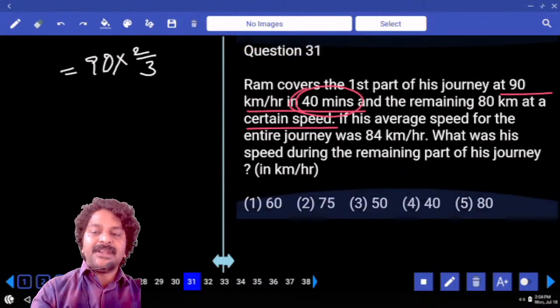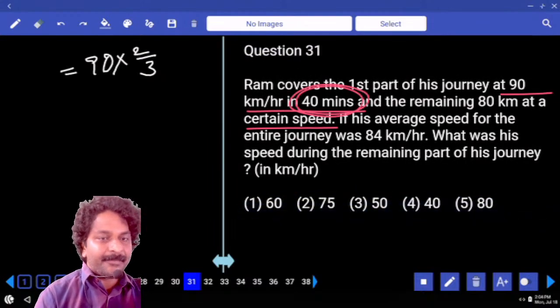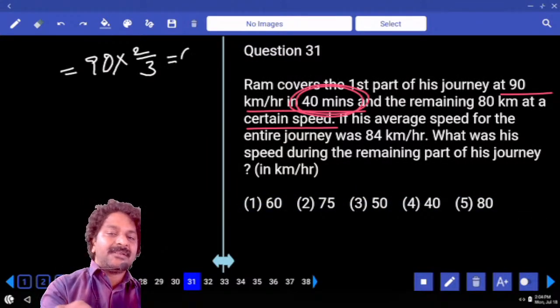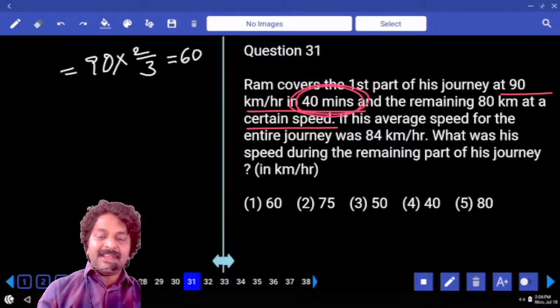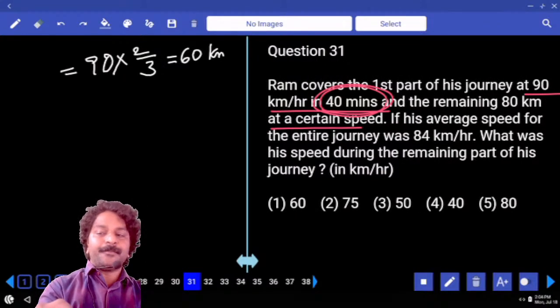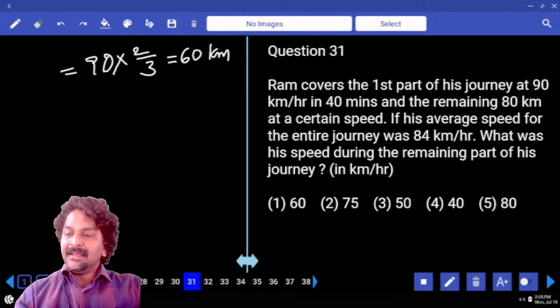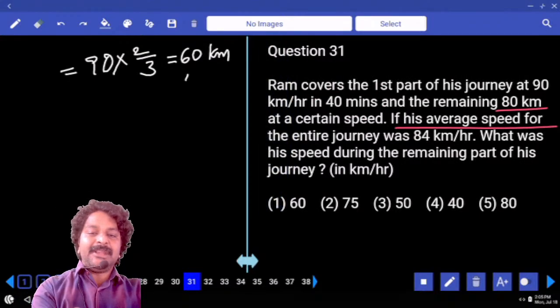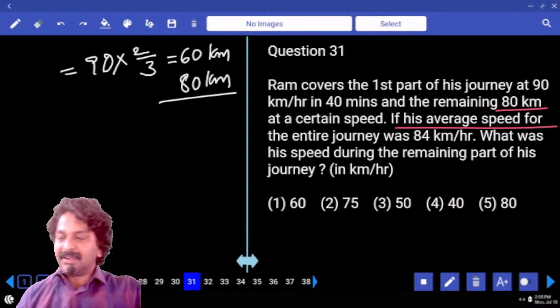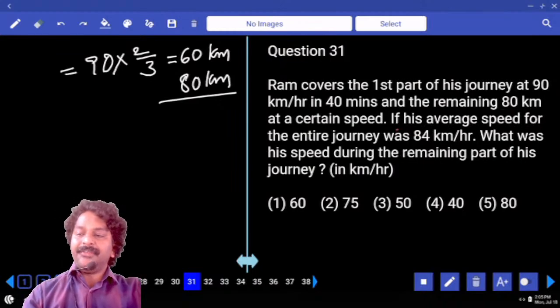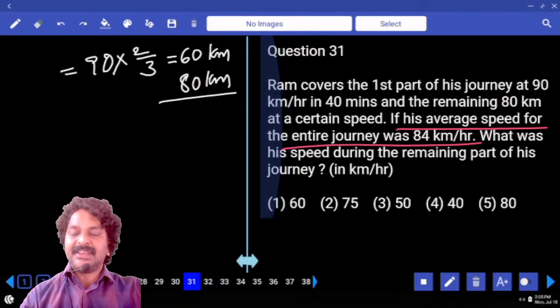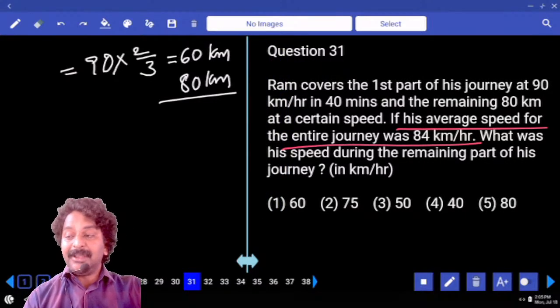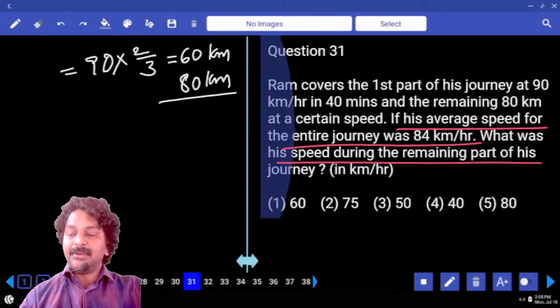40 minutes converts to hours. Is that okay? How much is the distance covered? 60 kilometers. This is first part only. And then the other distance is 80 kilometers. Then what is the total distance covered? 140. If his average speed for the entire journey was 84 km per hour, what was his speed during the